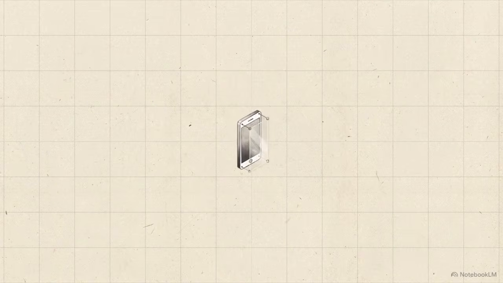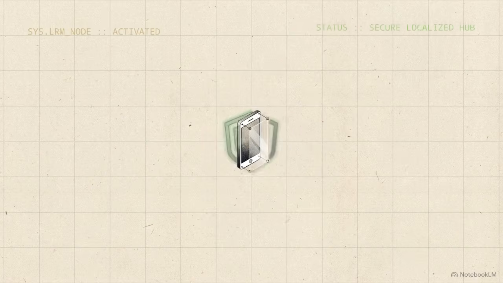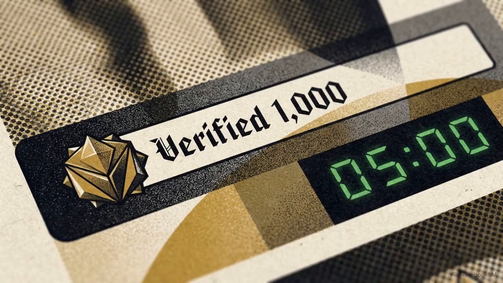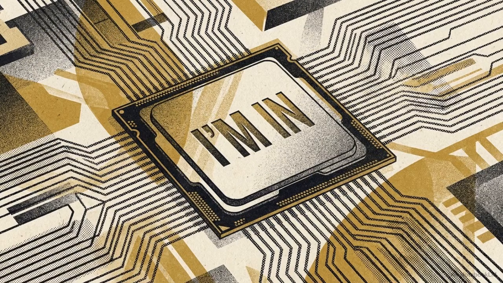This is a deployment of our proprietary ThinkBot that allows a standard smartphone to function as a secure, localized banking hub. Before we begin the initialization, you need 3 things: a modern mobile device, the exact email address linked to your top 1,000 YPP subscriber status, and 5 minutes of undivided attention. Completing this setup integrates your device into the system, allowing it to process the data that drives the I'm in